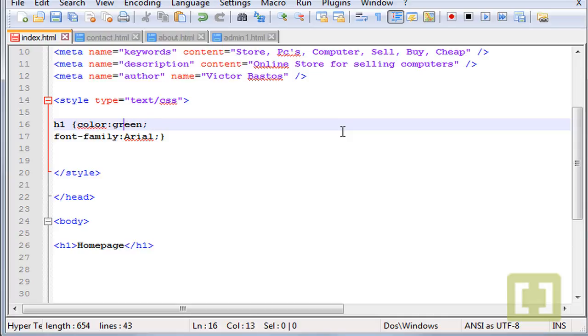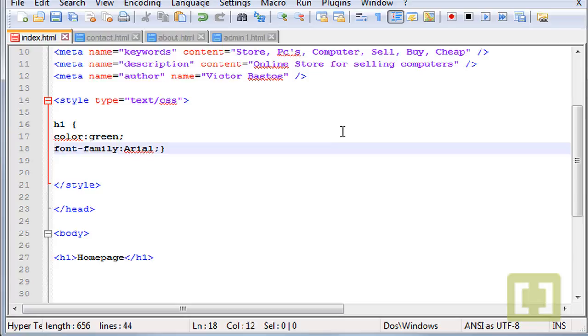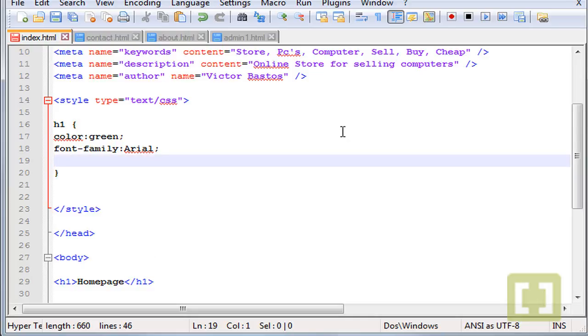Okay, like this. You just open the curly brace and put here color green, and down here let's put the font family. Let's put the closing curly brace down here,